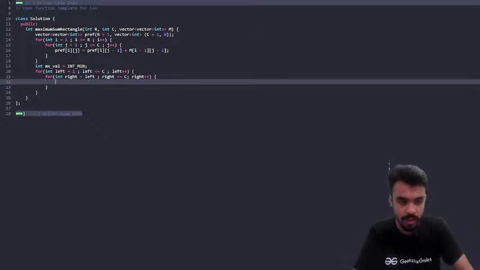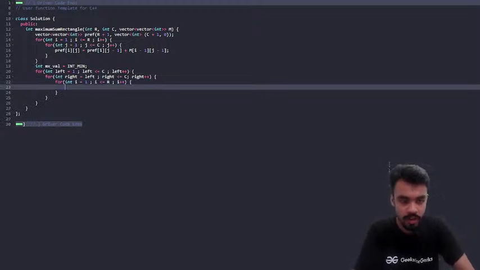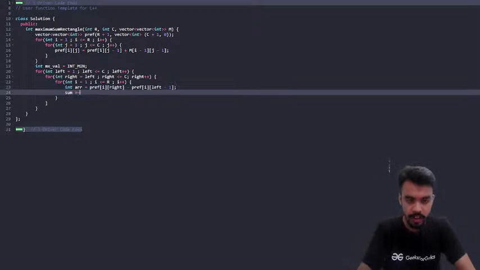For that, first we have to traverse for all the rows, starting from 1, that should be the capital I, and for all the rows first we calculate the value of arr, that is nothing but prefix of the ith row and the right value minus prefix of the ith row and the left minus 1. So that would be the arr value,